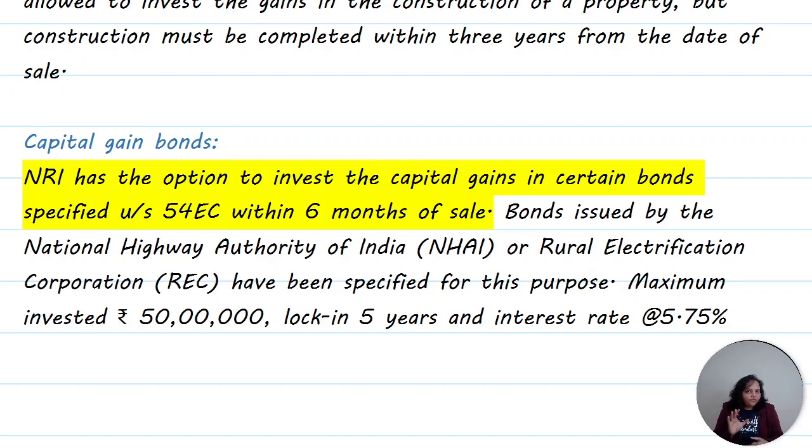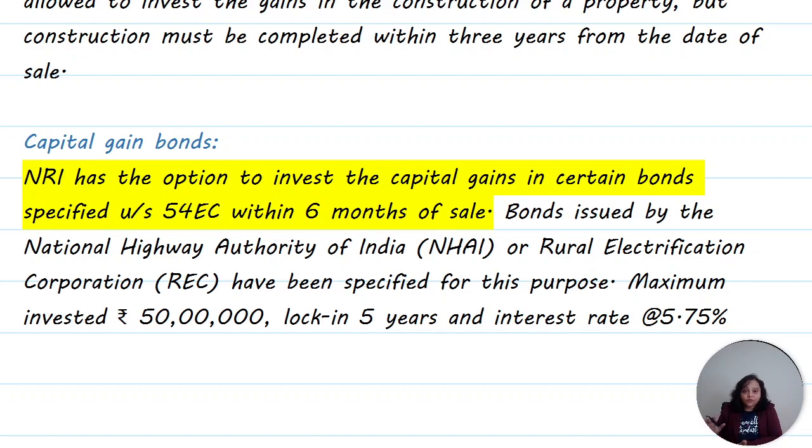There is a lock-in period of 5 years for these bonds. It gives you a rate of interest of nearly 5.75%, and the maximum amount that you can invest in these bonds is 50 lakhs of rupees. So, capital gains up to 50 lakh rupees can be invested in such capital gain bonds. You cannot take a loan on the amount that you have invested in these bonds. You cannot withdraw it before the expiry of the lock-in period. So, that money is locked in for 5 years at